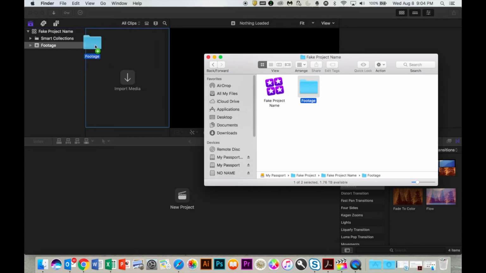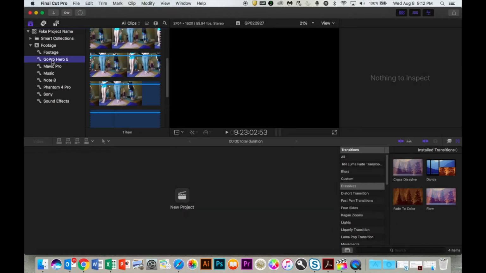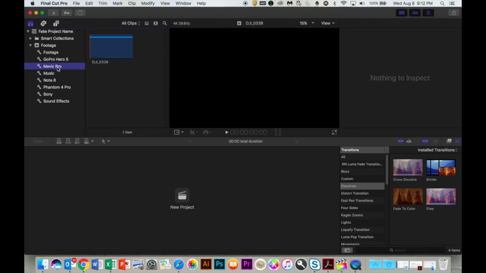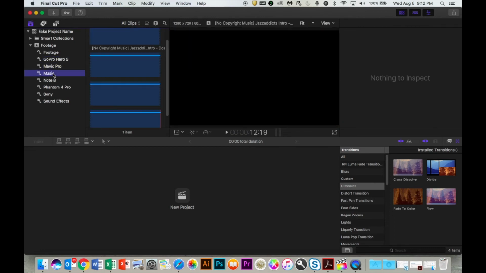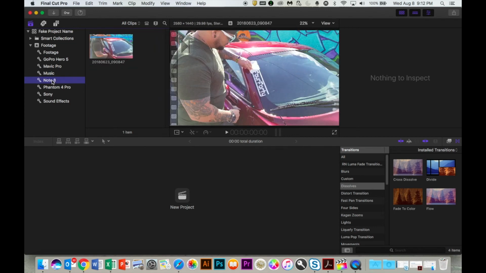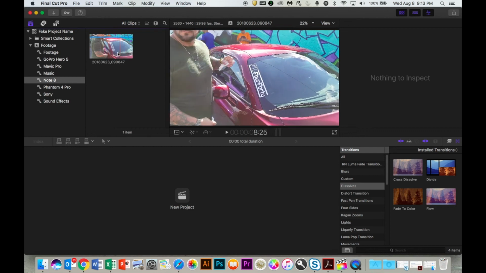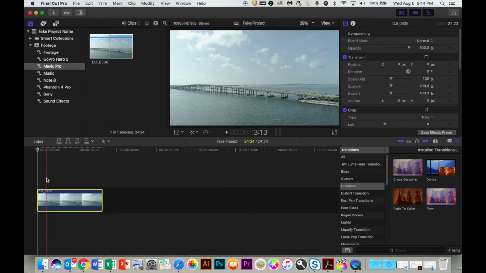This is pretty cool. What happens now is Final Cut Pro goes ahead and it organizes the footage based on the folders that you created earlier, and it actually keeps the folders, which is great. That way everything is completely organized, you know where it is, everything is sectioned off, and there's no confusion. So that's what I do to keep everything in an organized manner. And from there you can go ahead and drag your footage onto your storyline, and you know where everything is,